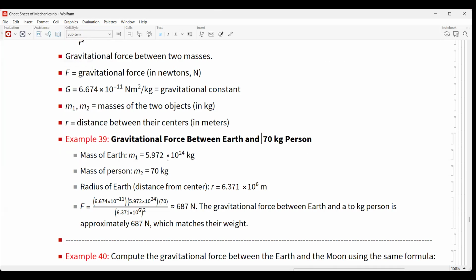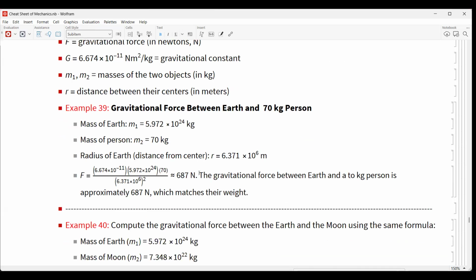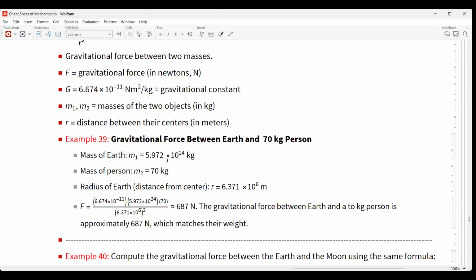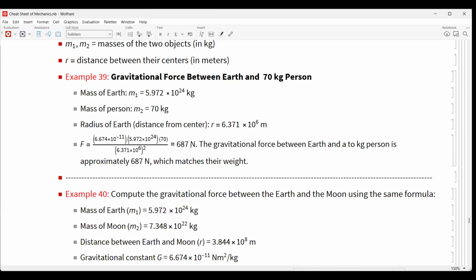The mass of Earth is 5.972 times 10 to the 24 kilograms. The mass of the person is 70 kilograms. The radius of Earth, the distance from the center, is 6.371 times 10 to the 6 meters. By substitution using this formula, we have